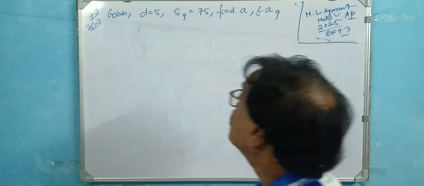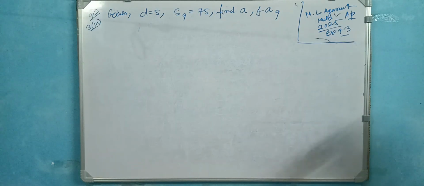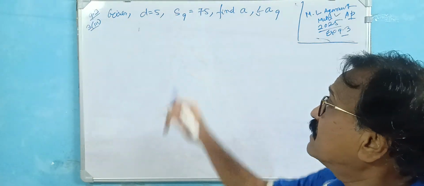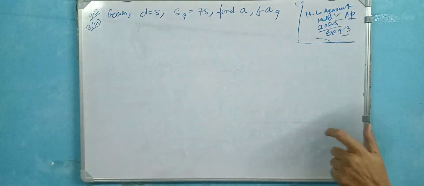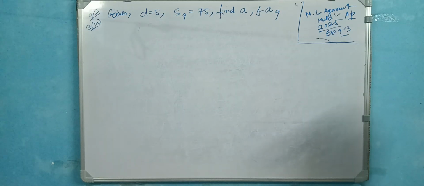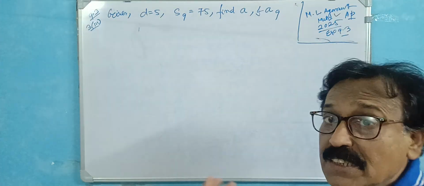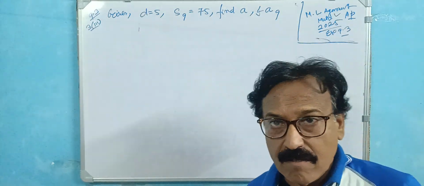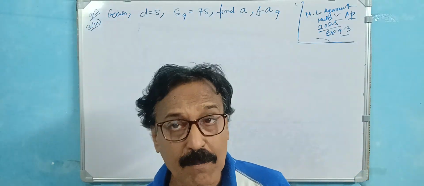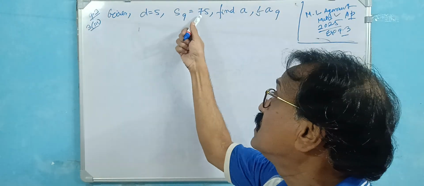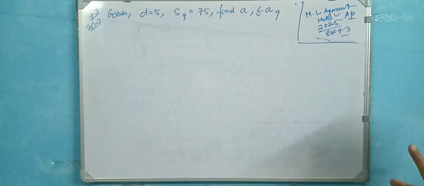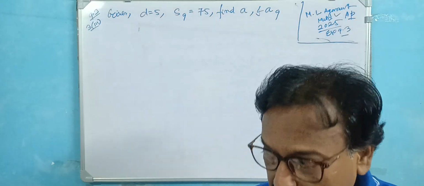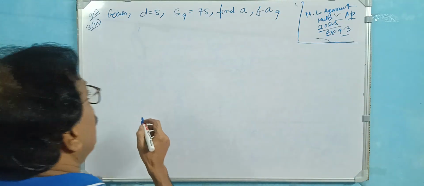Clear? What is the question? Given d is 5, the common difference is 5. S9 is 75. Find a, that is the first term, and a9. a9 means the value of the ninth term. S9 means the sum of the total 9 terms. But a9 means particularly the value of the ninth term. So first, you know